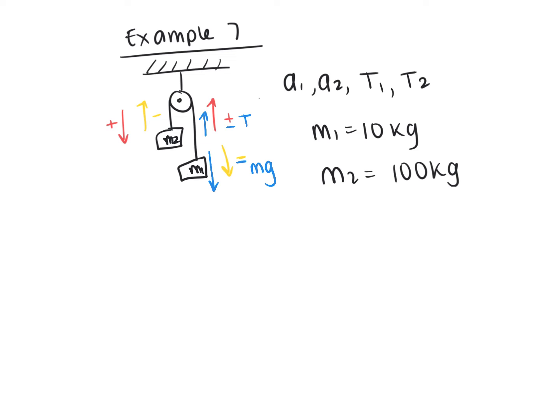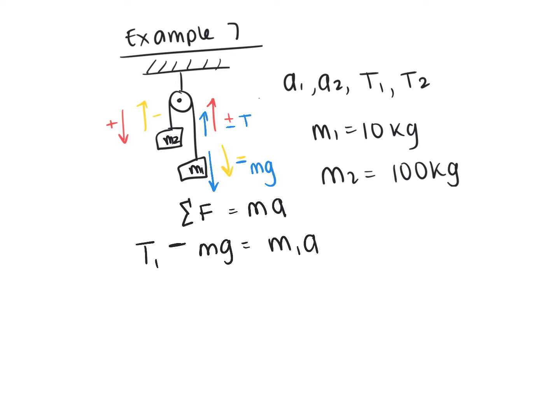So T minus mg will equal m1 times a, the mass of 1 times a. Because don't forget, this will be the sum of all the forces, and the sum of all forces equals mass times acceleration. For T2,